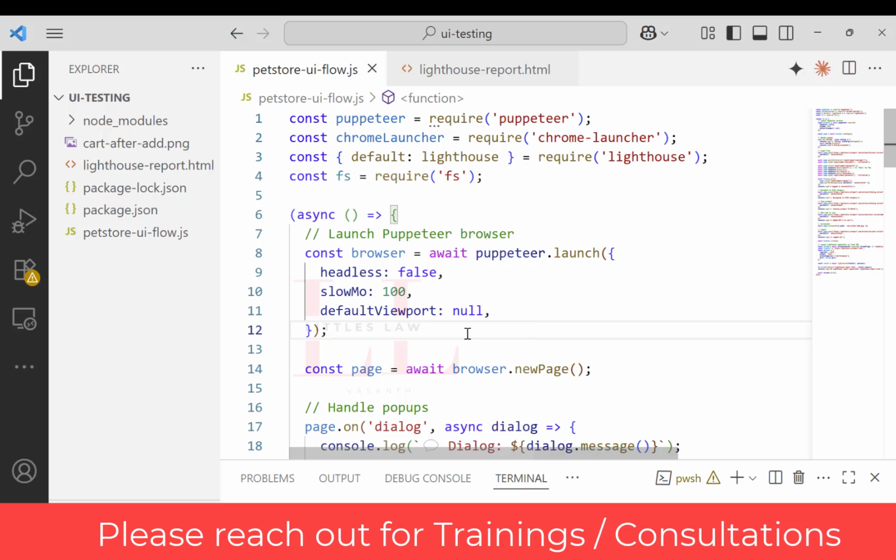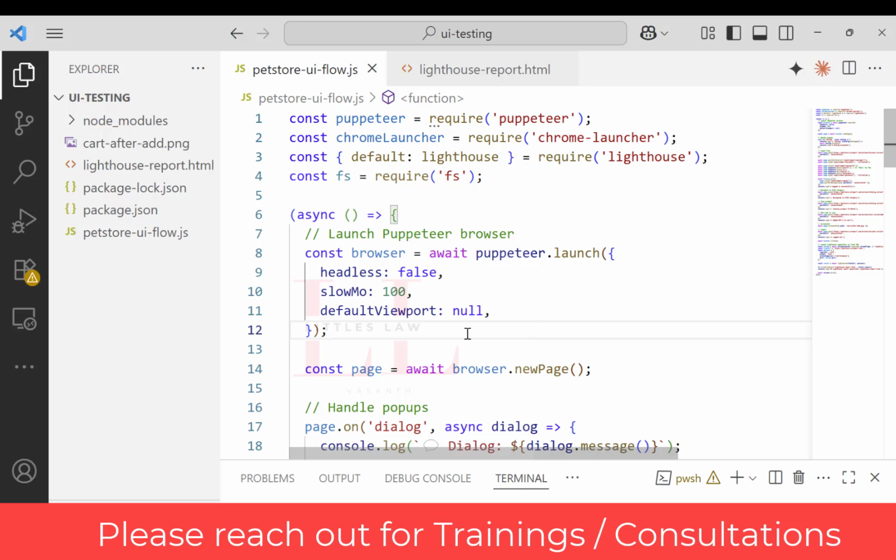So what do we need for this? We need three prerequisites. One is Puppeteer, the second is the Chrome launcher, and the third is Lighthouse. If we have all this, we are good to start our performance testing. And on top of that, this is a spoiler, I would say: the performance testers or engineers must have a little knowledge of how JavaScript works, because the code that I have created works completely on JavaScript. Anything that goes here is completely JavaScript,